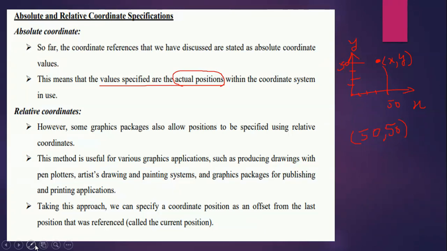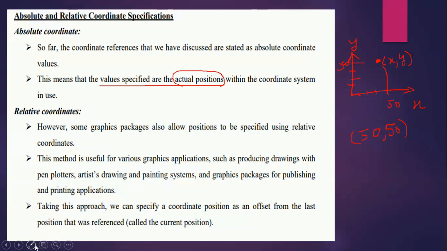So what about relative coordinates? Relative coordinates are another way of representing a particular point on the screen. Some graphical packages also allow positions to be specified using relative coordinates.